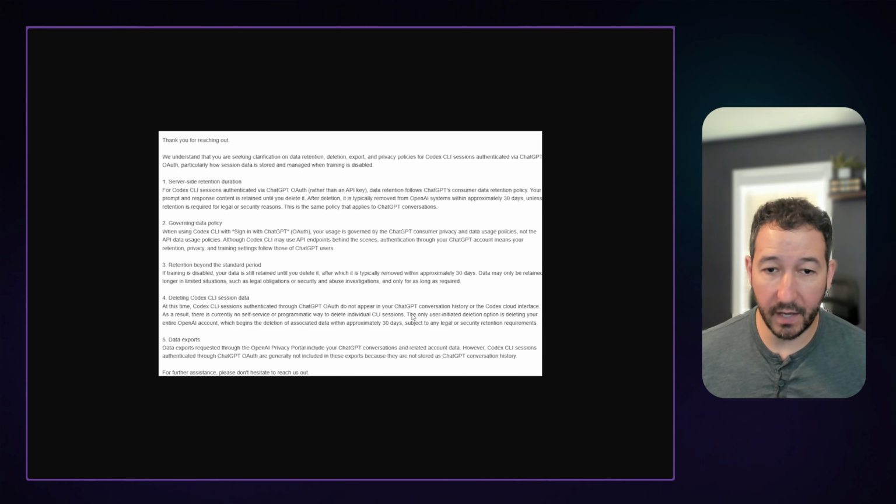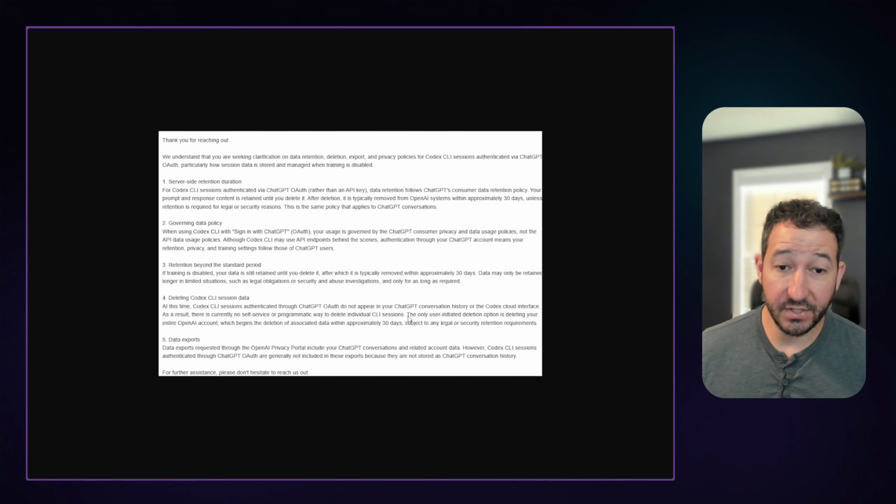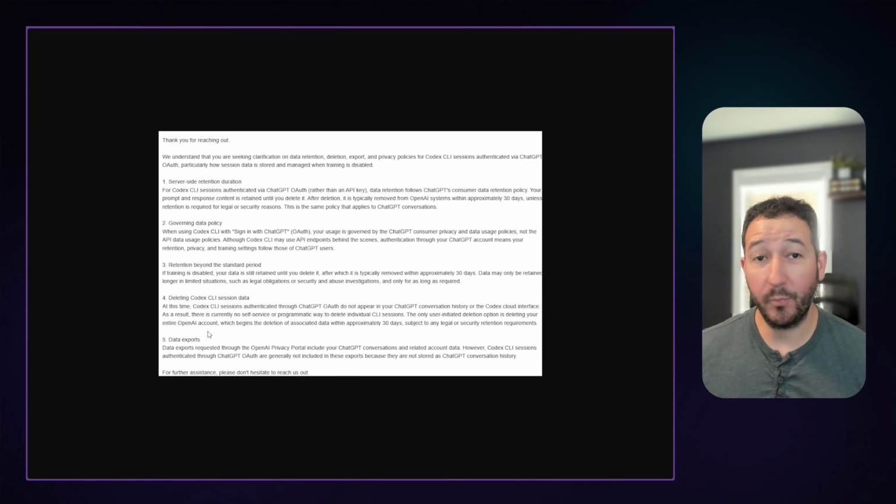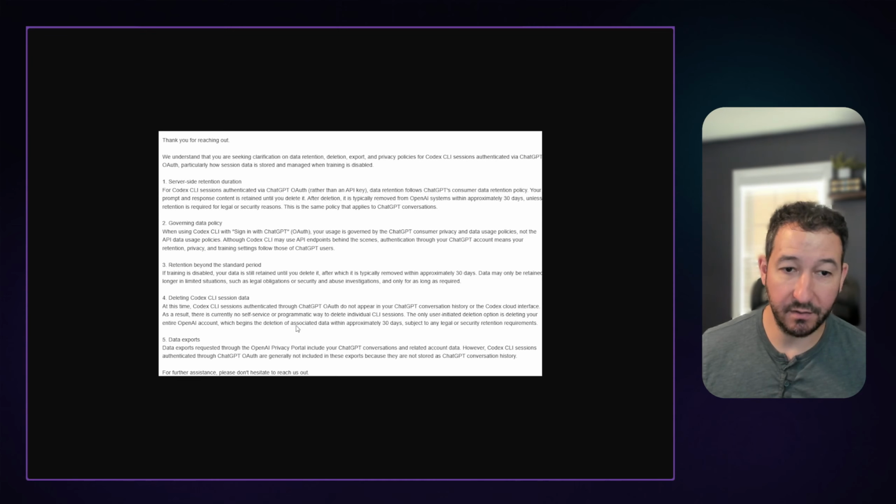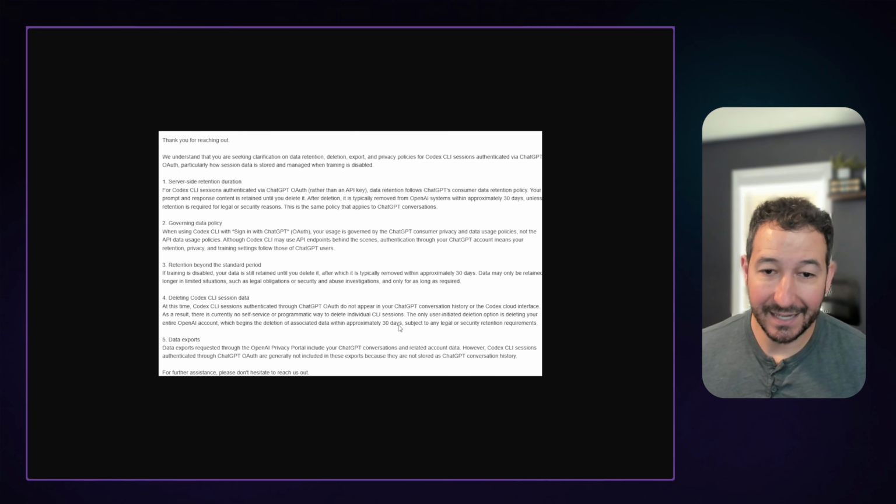So the only way to do user-initiated deletion is by deleting your entire OpenAI account. And at that point, once you delete your entire OpenAI account, then it starts the deletion of data within 30 days, again, except for legal security retention requirements, etc.